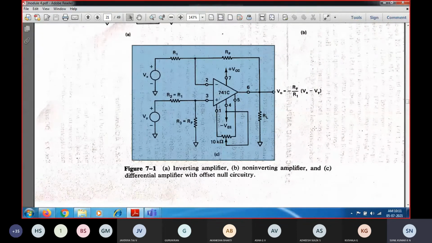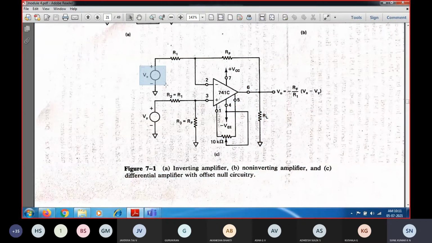Now, when I reduce this Vx to 0, because I am going to apply the Vy voltage, then I will get a certain output voltage because of this input voltage Vy alone, and Vx is shorted to ground. Whatever input voltage Vy I apply over here will get divided across these two resistors, right? Because the non-inverting terminal voltage is nothing but the voltage drop across R3, which acts as input to the non-inverting terminal. So the output voltage is going to be derived from Vy itself.